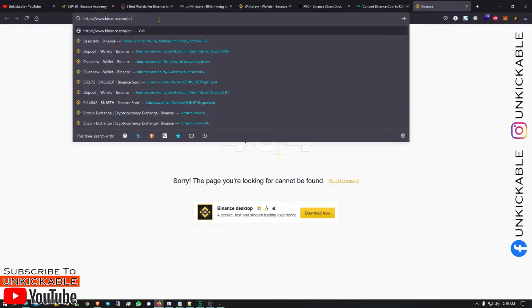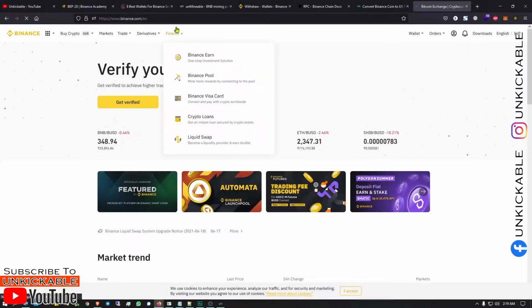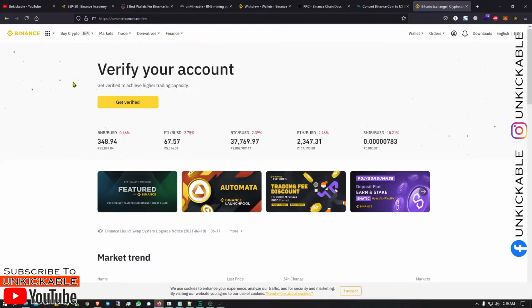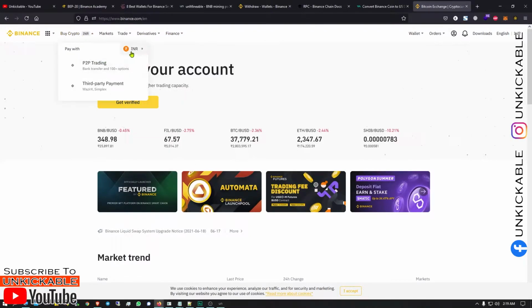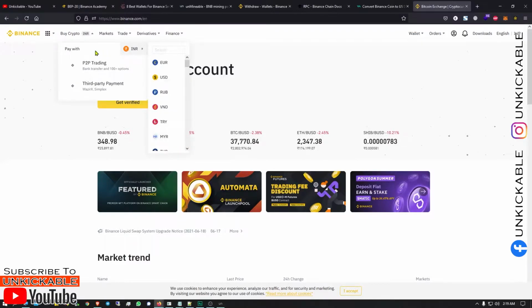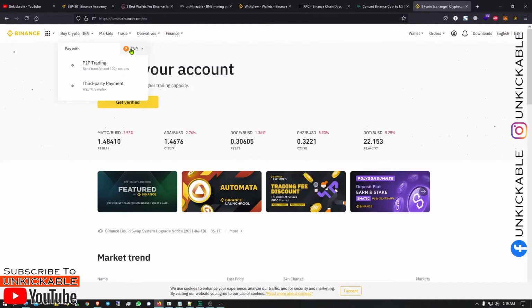Basically I'll not be able to open this, just a small modification. Over here you can hover, click buy crypto, and choose whatever currency you want from here. You will not be able to go ahead with P2P trading as of now at the starting. You need to sign up, however, and go ahead with the second option, because for the first option you need your KYC to be completed.